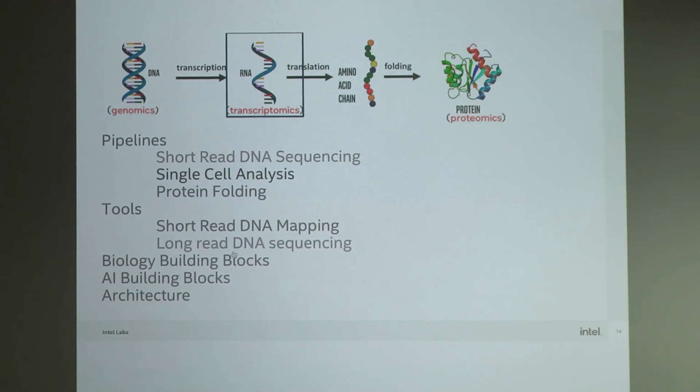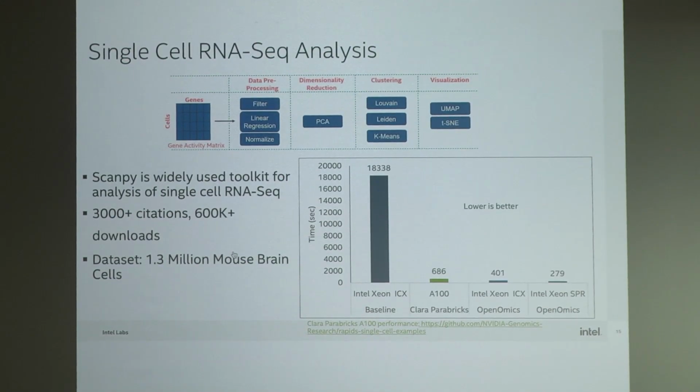Moving on to the second part of it. We looked at DNA, now we'll go to RNA. There's a single cell pipeline here. I'll just describe what we have here. We picked up the Scanpy pipeline and optimized various parts of it, understood the compute characteristics and accelerated that. It's a widely available toolkit, so whatever you do will be impacting or used by many folks in the community. And again, the same story, we were able to get